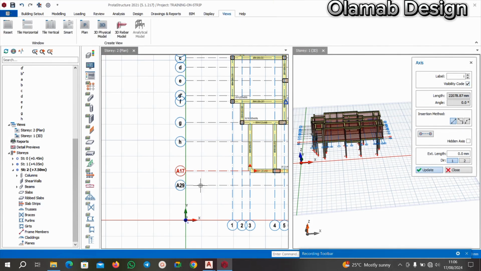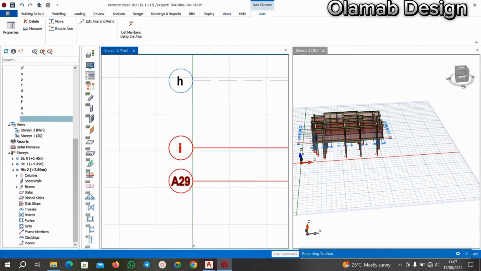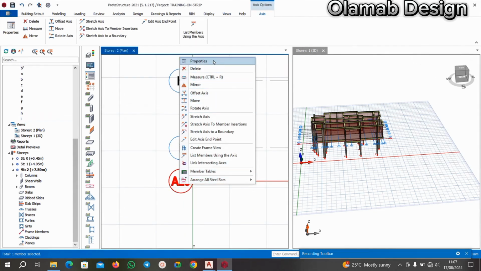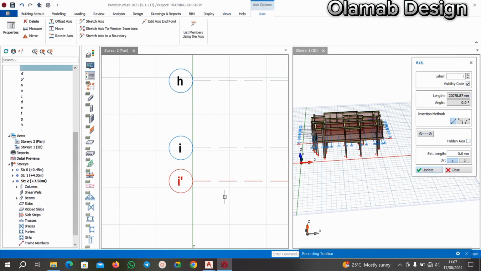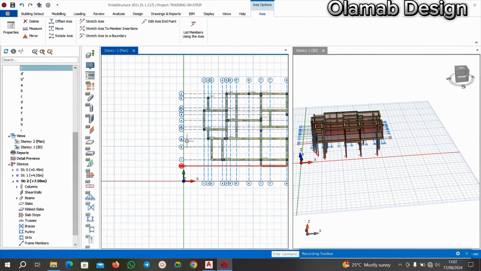You update it. Then you can give this I prime, because it is a structural grid and not an architectural grid. You are the one that creates this. You label this as I prime. Then you click on update. Then you can easily trace your